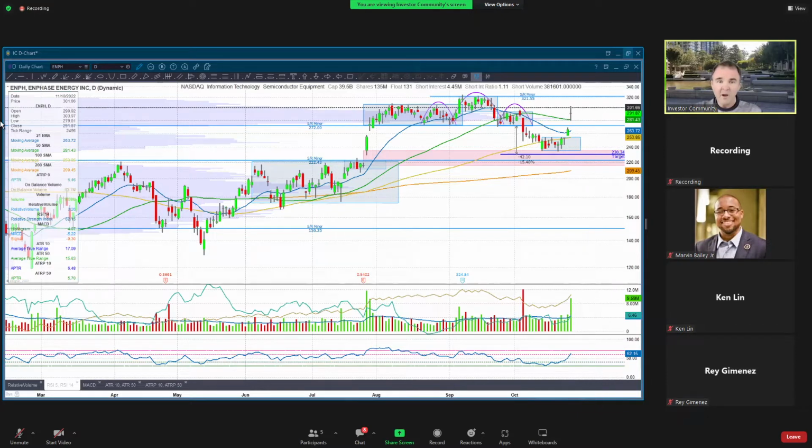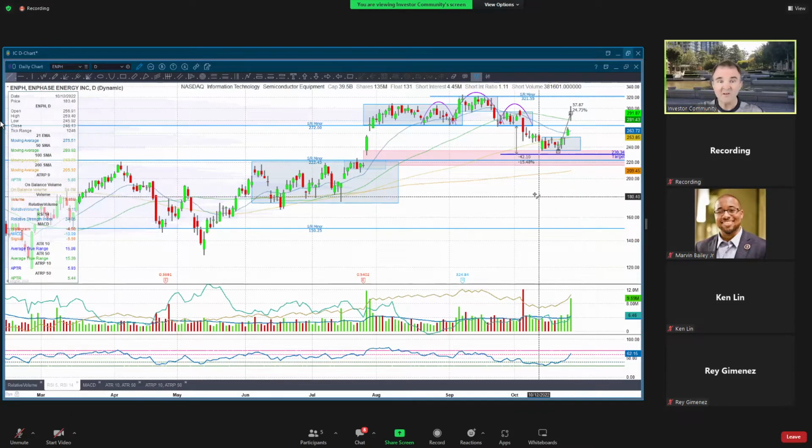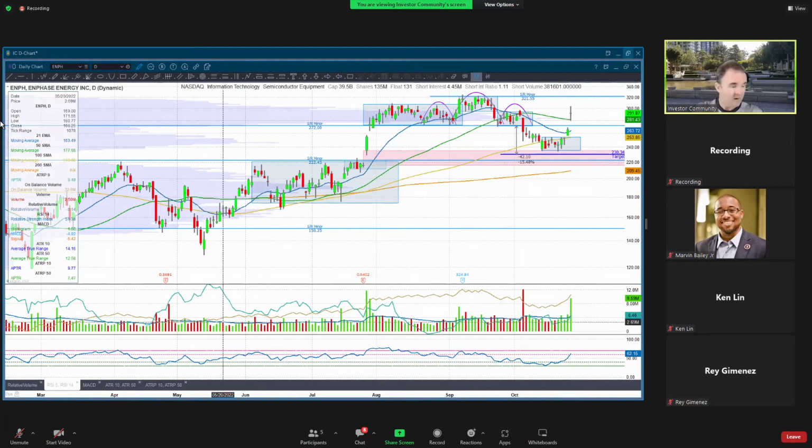But you can see we've had a really nice breakout here. It's moved back up into the range, and now we've got an indecisive doji candle here. Again, this sort of tells us, all right, it's time for this to consolidate a little bit. I mean, this has been a great move, right? I think you'd be surprised how much off of that low. Yeah, 25% from that low in 1, 2, 3, 4, 5 days. Not a bad move.